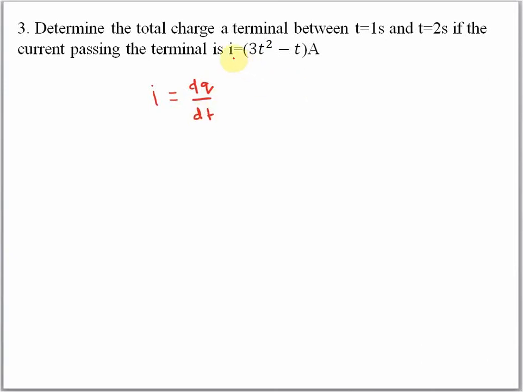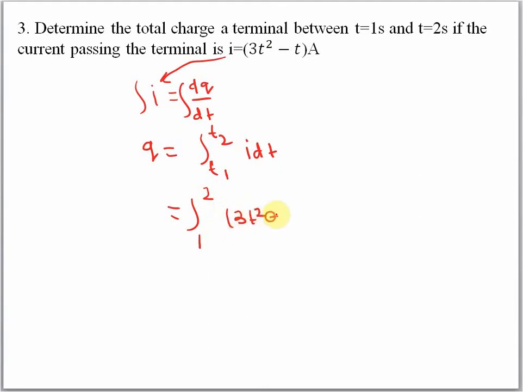Here we have I, so we have to integrate this expression on both sides, so we get q equals the integration from t1 to t2 of I dt. Okay, our range is 1 second to 2 second, and I equals 3t square minus t,